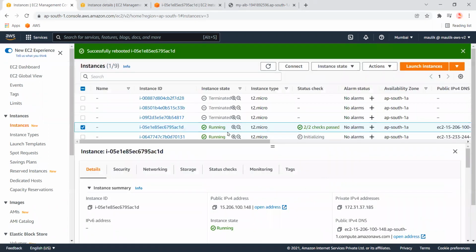And after restarting this server, it will normalize the CPU because that stress command will be stopped and the server will be restarted, and after that the health of this instance will be normal, and then the reverse logic will start, and it will start decreasing the instances in the auto scaling group until it reaches the minimum limit of 1.